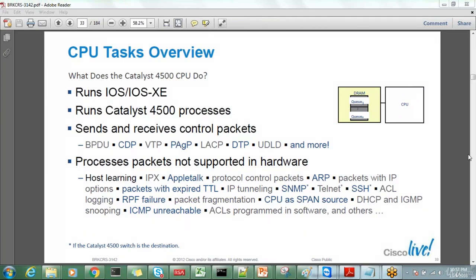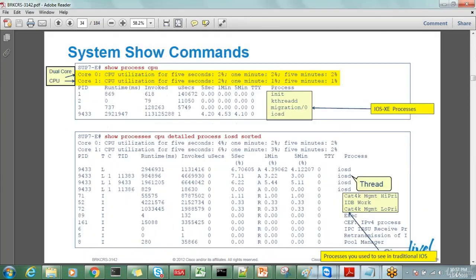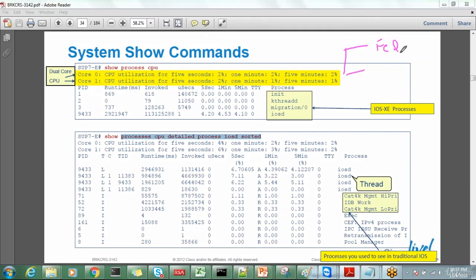Now let me go to the next slide, and now how you can identify that. Suppose in this case, the CPU is very low, you can see 22%. This is the IOS XE process. Then this command is true with the 3850 as well. So when I start the high CPU with 3850, I will tell you that in